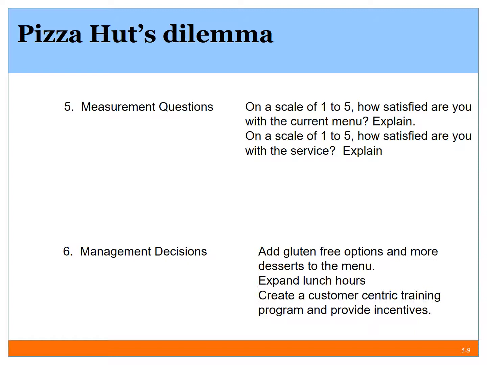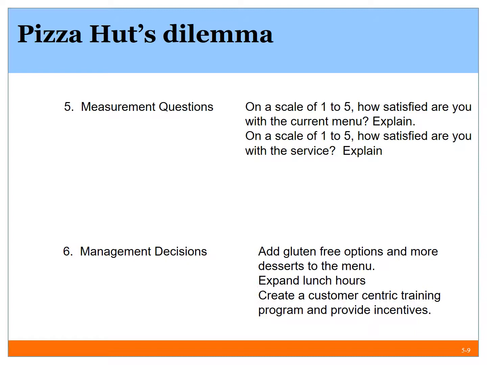Then from this, what could we decide? So hopefully, after we've arranged the appropriate measurement questions, we could determine, for example, if it was a menu issue, maybe we add gluten-free options and more desserts to the menu. Or from a service perspective, maybe we need to expand the lunch hours or create a customer-centric training program and provide